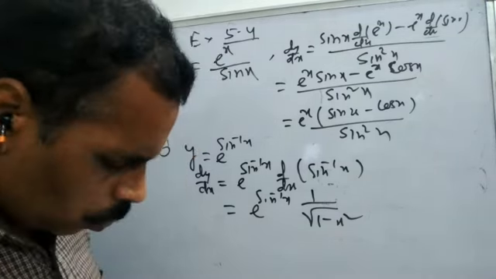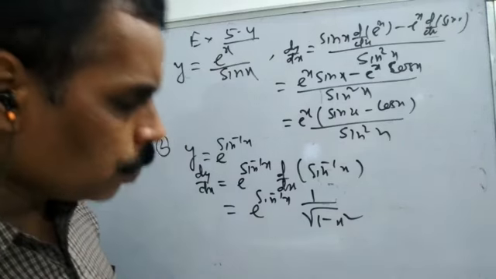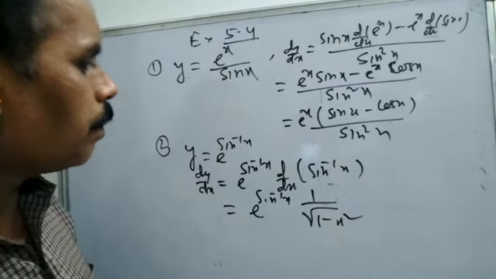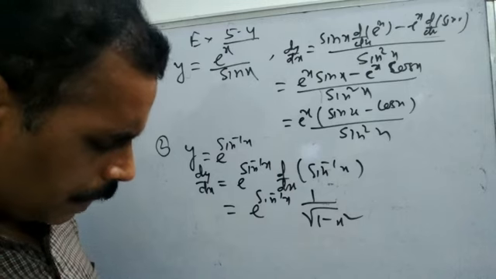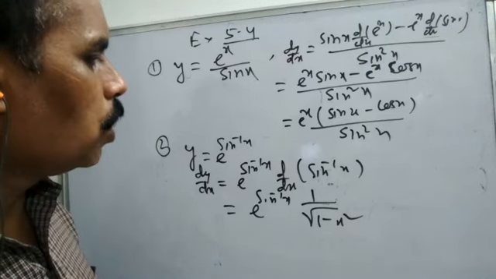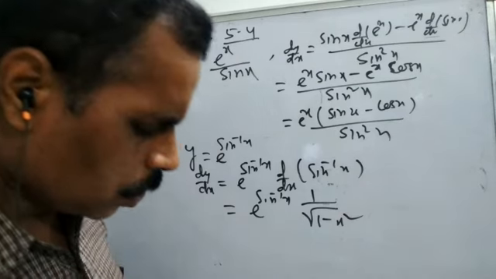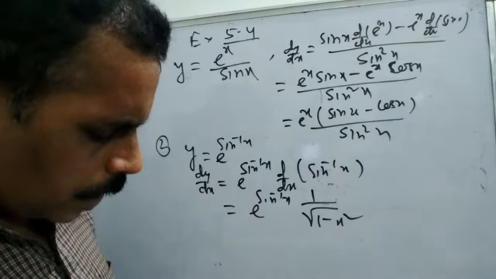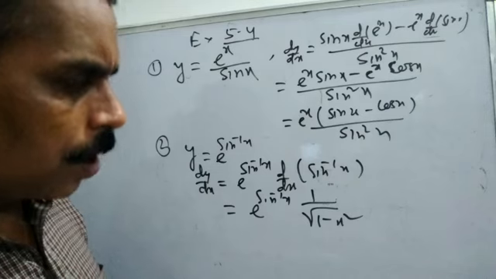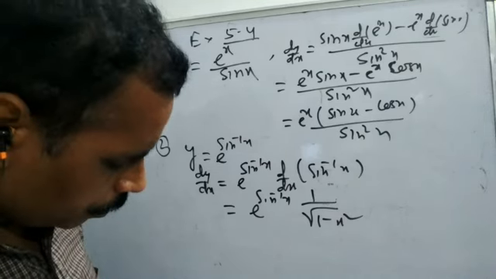Then question number 3, you can do it easily also. Just like question number 2, y is equal to e to the power x cube. Then x cube consider that t, that is y is equal to e to the power x cube and derivative of it into derivative of x cube, that is 3x square. The result will be dy by dx is equal to e to the power x cube into 3x square.